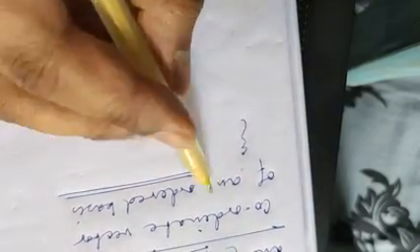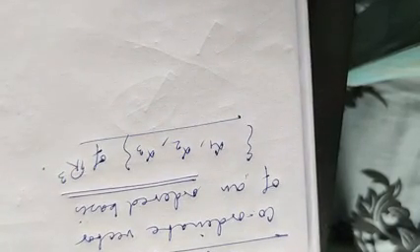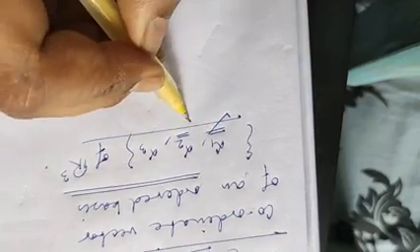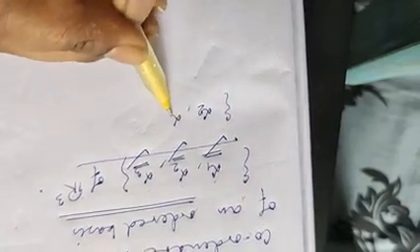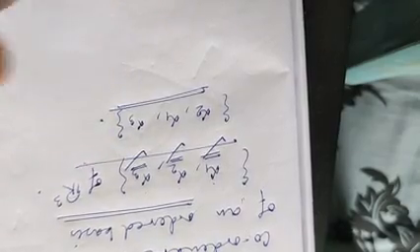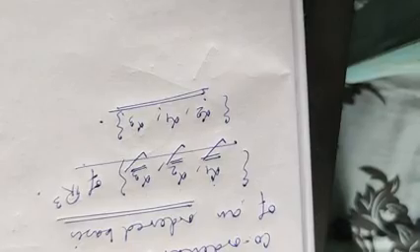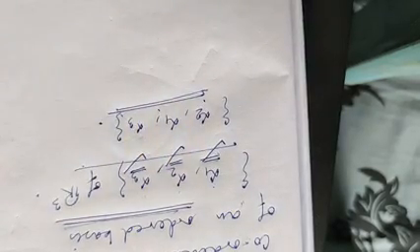That means, suppose we get one basis alpha 1, alpha 2, alpha 3 of R cube. This will be said to be an ordered basis if we fix the order of the elements. That is, first it will be alpha 1, then the second one will be alpha 2 and the third one will be alpha 3. The order is fixed here. So if we consider alpha 2, alpha 1, alpha 3, then this will obviously be the same basis of R cube but not the same ordered basis, since the order is different. So for an ordered basis, the position of the elements should be fixed.